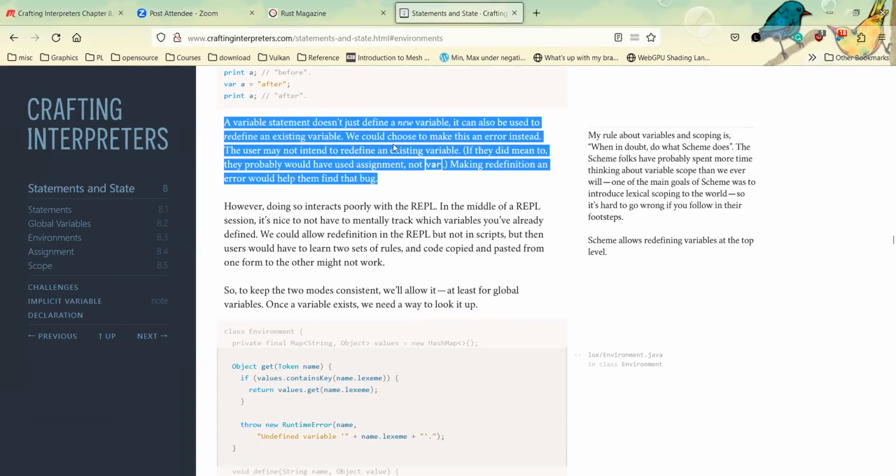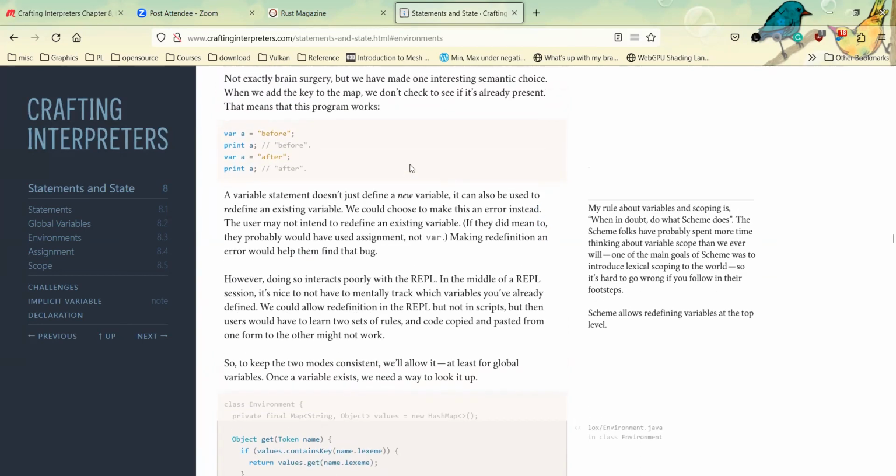And then it further comments that if we make this an error, it kind of interacts poorly with the REPL. So another choice is that this is an error, but in the REPL, we are free to do what we want.